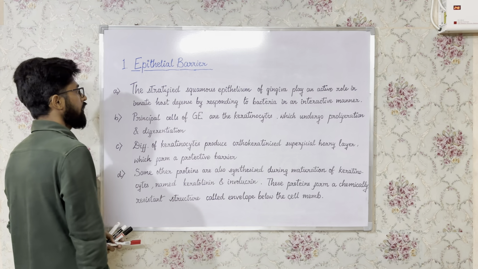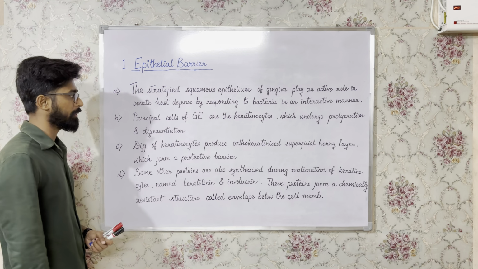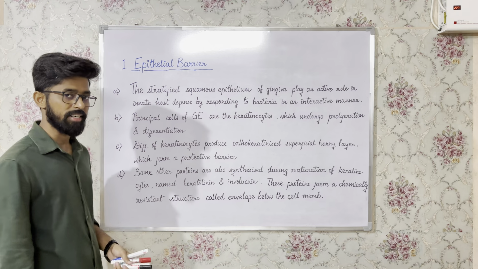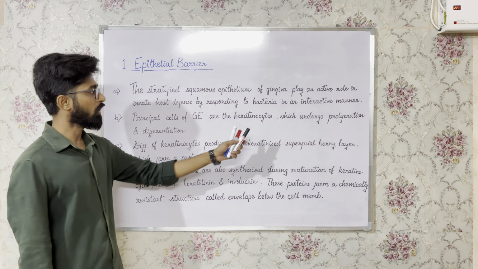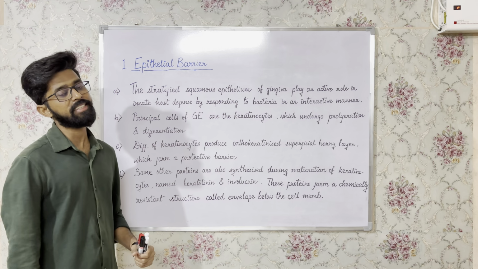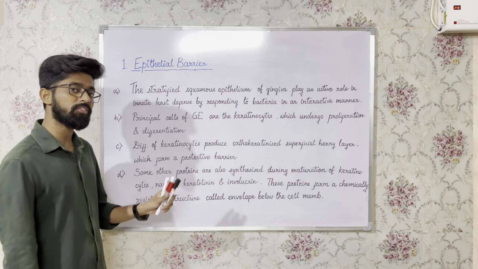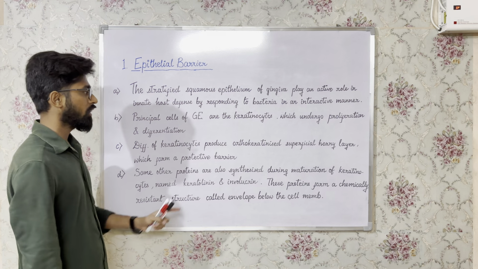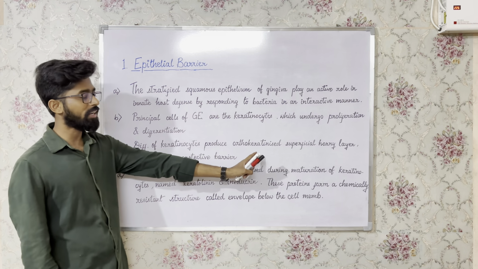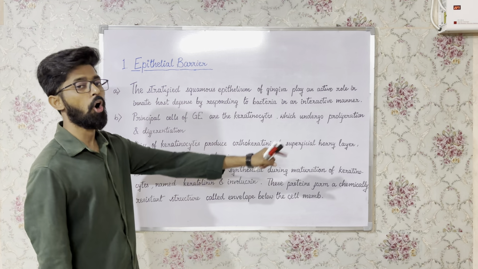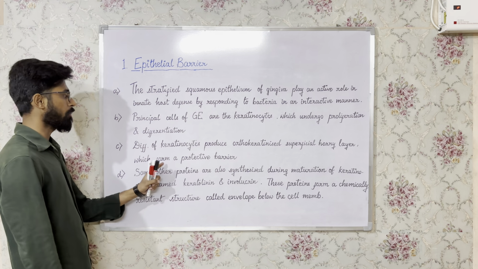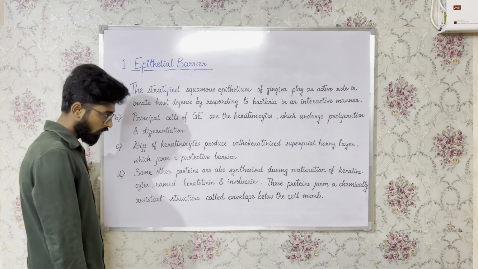Second is the principal cells of gingival epithelium are the keratinocytes. We have studied this earlier also, which undergo proliferation and differentiation. Now, differentiation of the keratinocytes produces what? Produces an orthokeratinized superficial horny layer which form a protective barrier. Okay, so